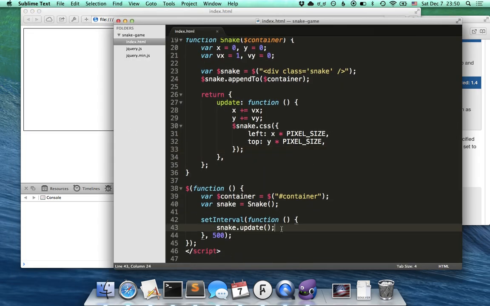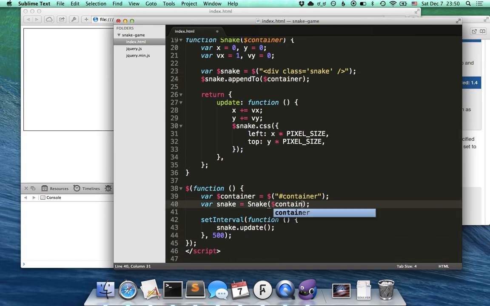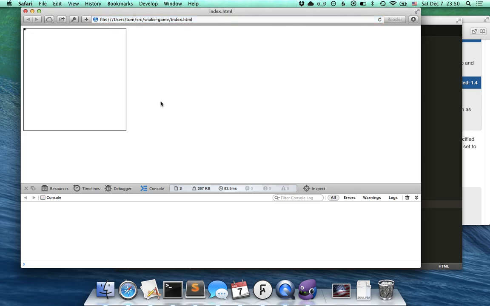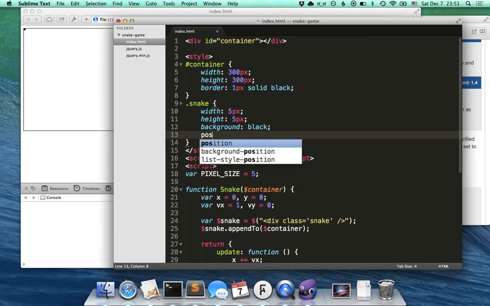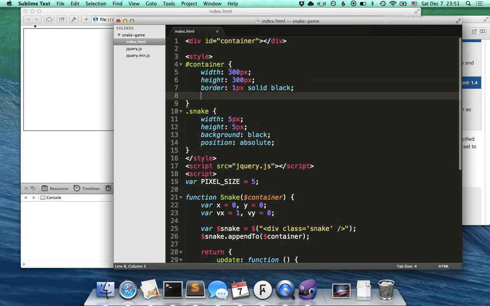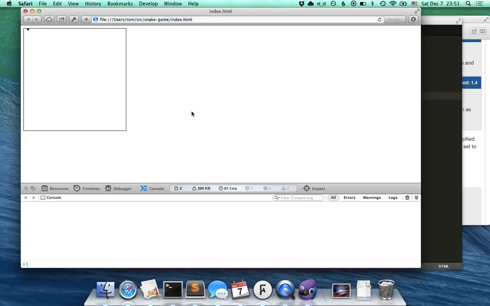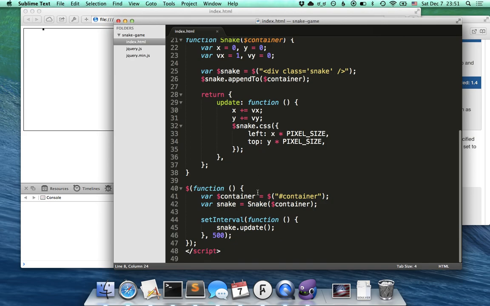Do I call update? I append to it the container. Oh, I didn't pass in the container yet. Alright. Okay, it's not moving. Oh, position absolute. Well, that was weird. This needs to be position relative. Alright, okay. Let's see if we can get this to be moving in response to the way that the keys